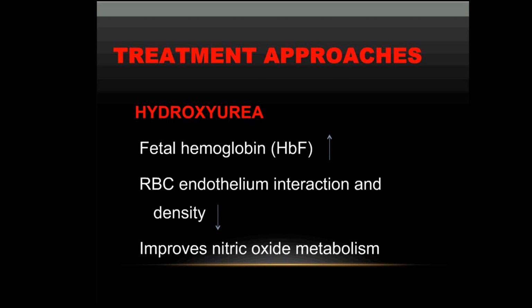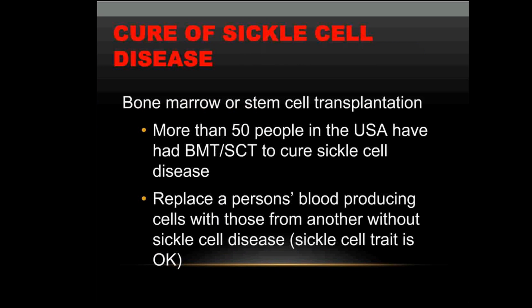Now, some of the other treatment approaches, hydroxyurea, it increases fetal hemoglobin, and so it decreases red blood cell endothelial interaction and density, which improves the nitric oxide metabolism. So that's why the hydroxyurea works. Now, what they've been doing lately is there has been a cure for sickle cell disease, and it is bone marrow or stem cell